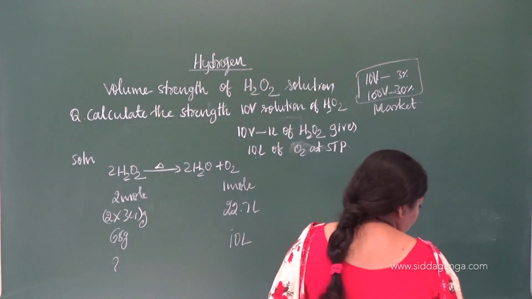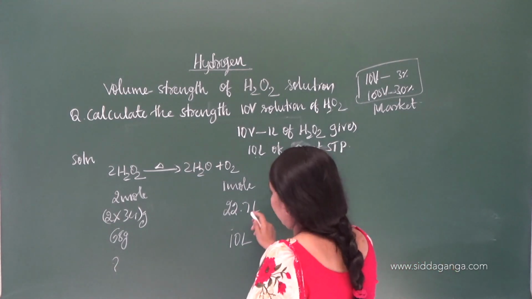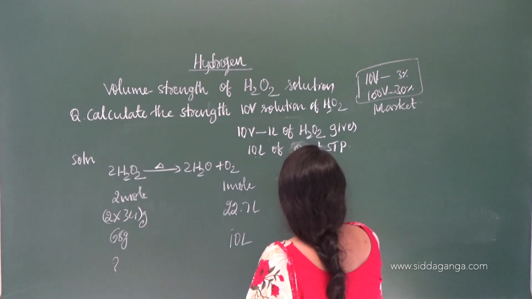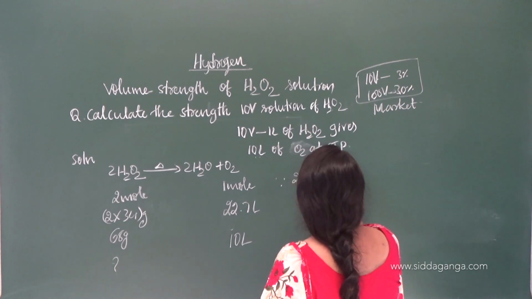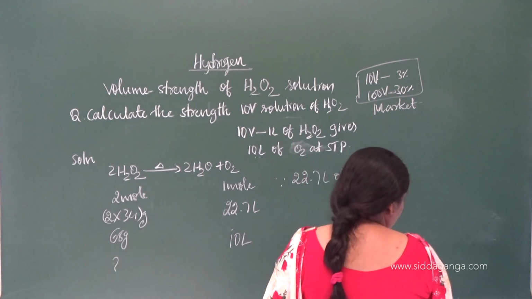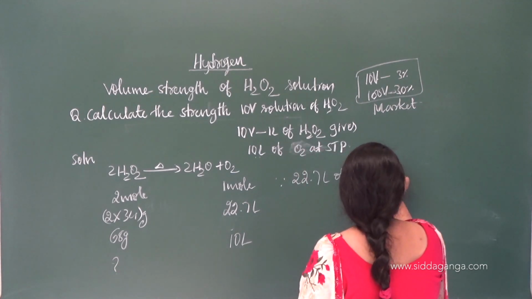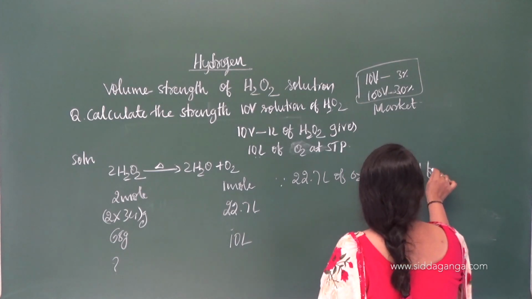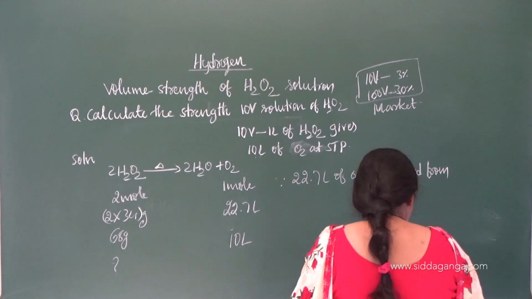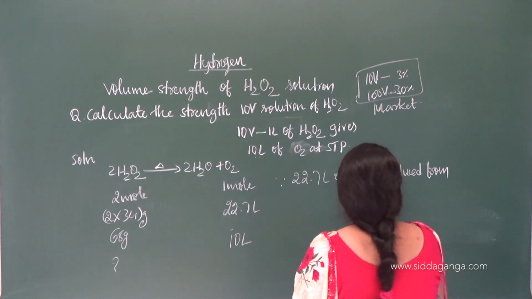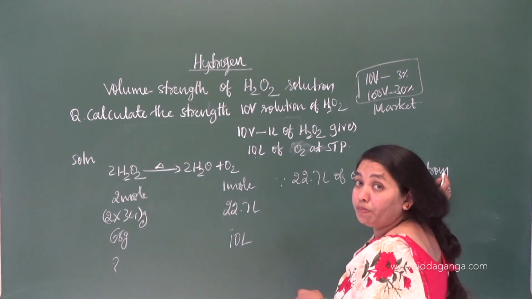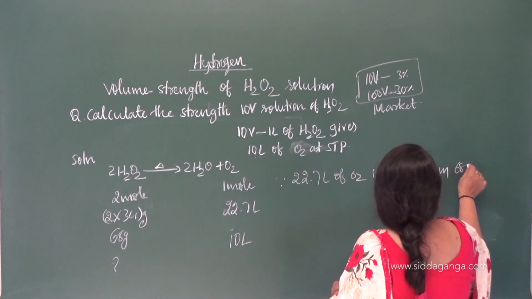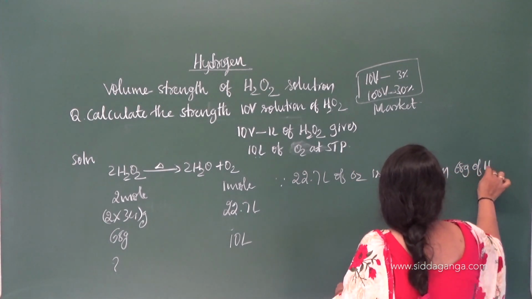Since 22.7 liters of O2 is produced from 68 grams of H2O2,